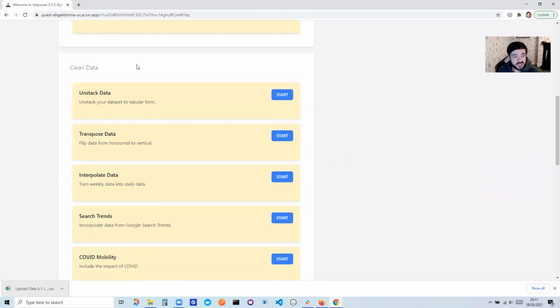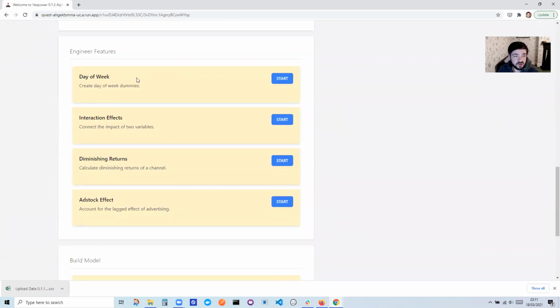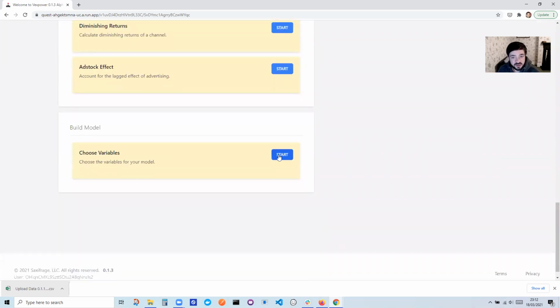So I'm going to skip through cleaning data. This is just modules for data in different formats, kind of gets it into that format that we saw earlier. And then I'm going to skip engineering features, although there is some great stuff in here. So you can add dummies for day of week and kind of see seasonality, interaction effects, as well as diminishing returns. When does your channel get less efficient as you scale spend, and ad stocks, which is what is the lagged effect of advertising. If I spend money today, what effect does that have tomorrow and the next day on my sales? So we're going to just go down to build model,